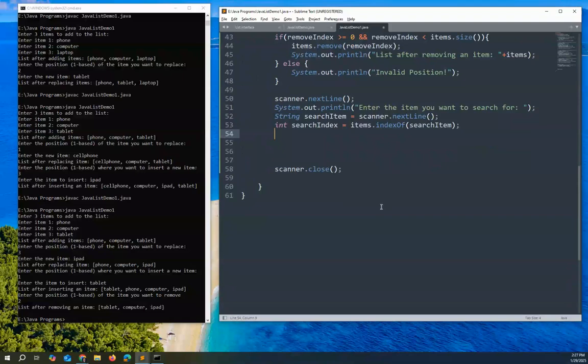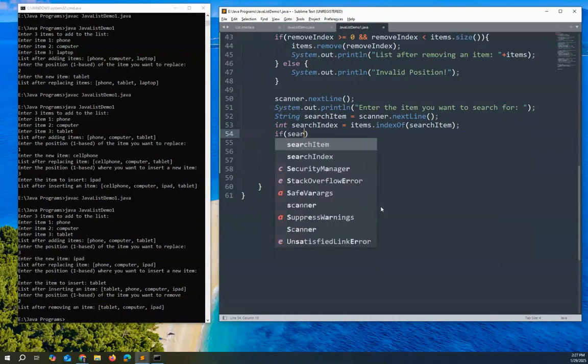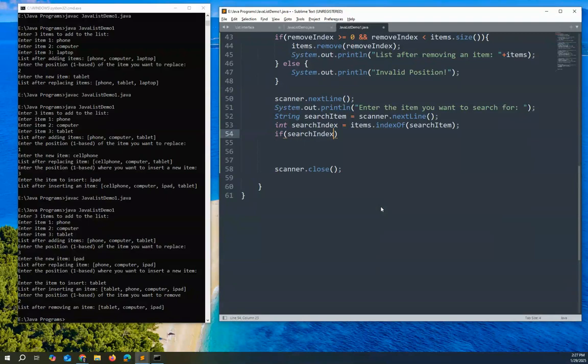Then we'll create a condition that will check if the item is found. So if searchIndex is not equal to -1, then